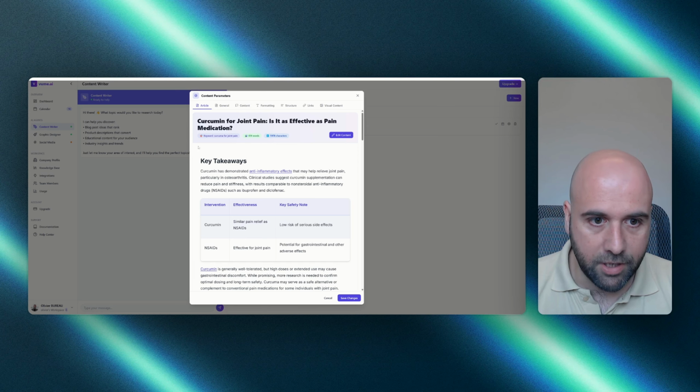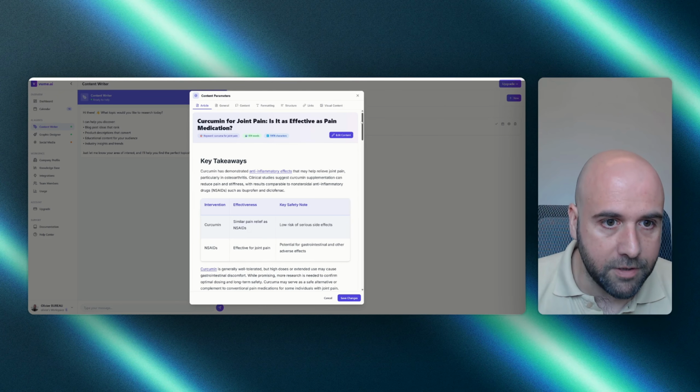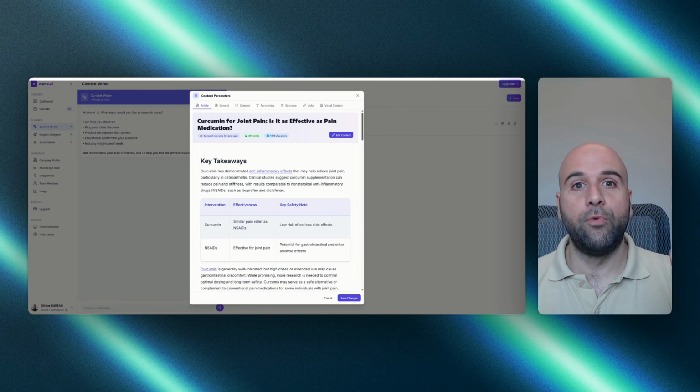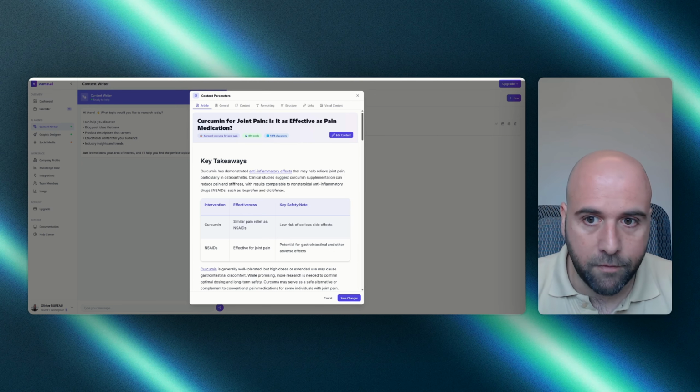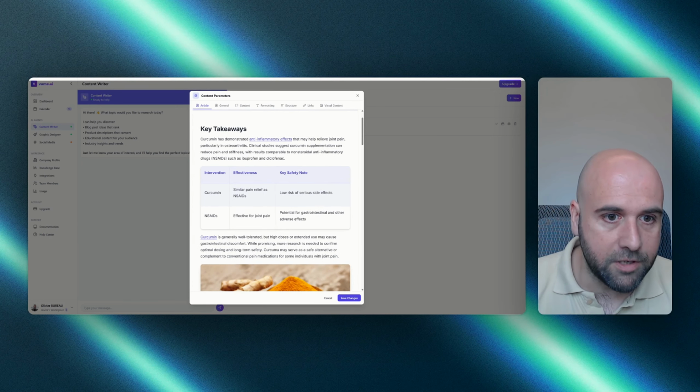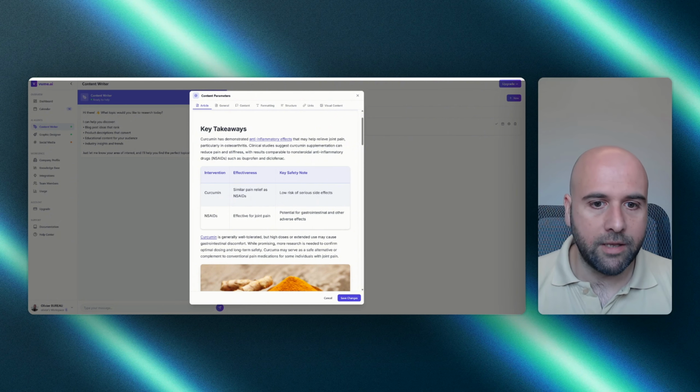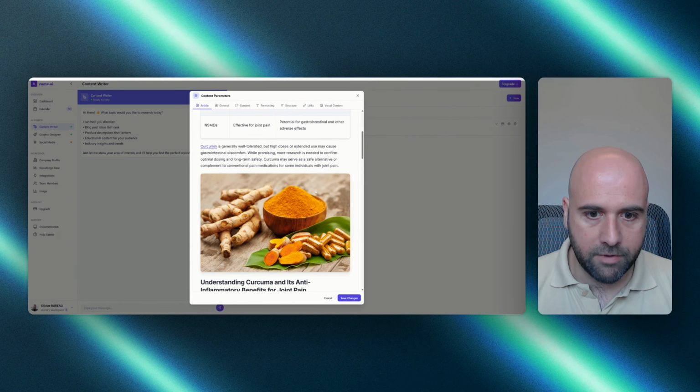For example, this is the kind of article that you can publish automatically on your website. So here it's, for example, an article about curcumin. It was fully generated by AI. You can see that everything is perfect in terms of good SEO practice. You can have, for example, the key takeaway, the internal linking, you have the table, you have some nice AI